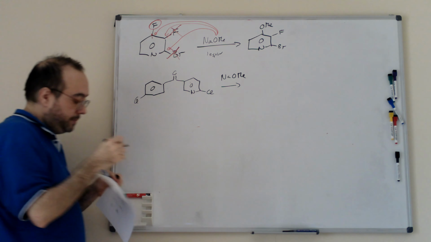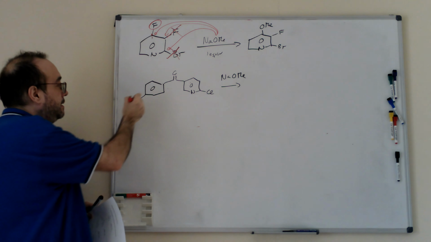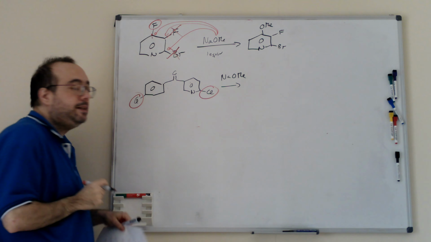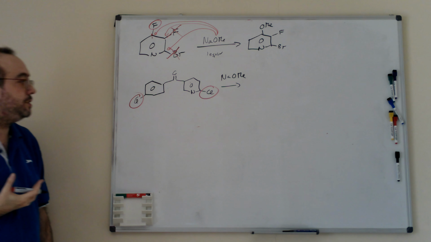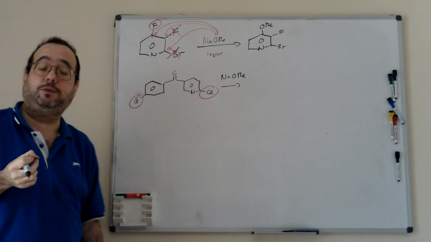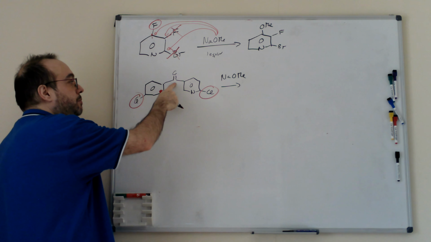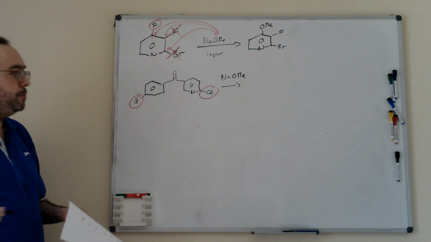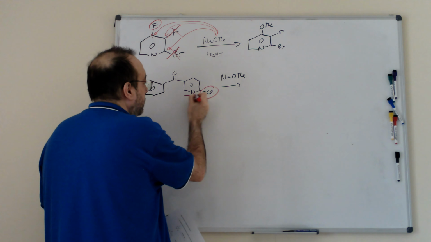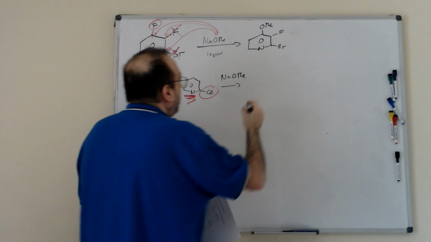Here is the same. Okay, here we have two possibilities, chloride and this chloride, to do a nucleophilic aromatic substitution. Which ring is more electron poor is what we have to answer in order to do this reaction. Well, here we have a benzene with a ketone, here we have a pyridine with a ketone. Obviously, the most electron poor ring will be this. That means that the attack will take place in the pyridine ring. Final product will be